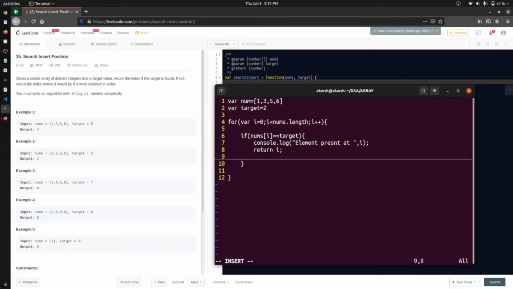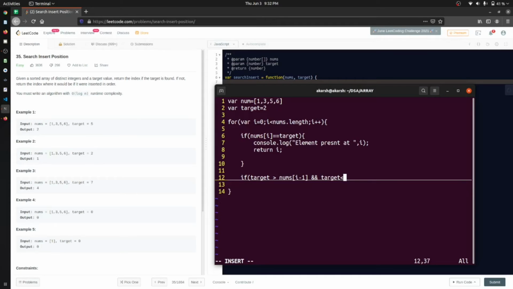And if it is not equal, then we'll check if target is greater than nums at i minus 1 and target is less than nums at i.